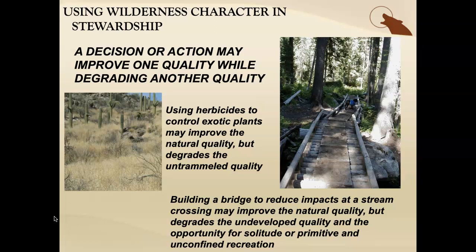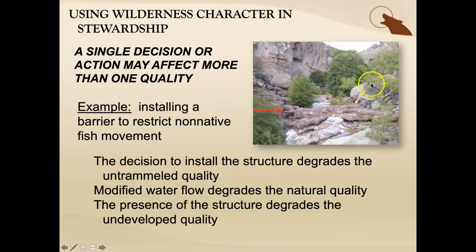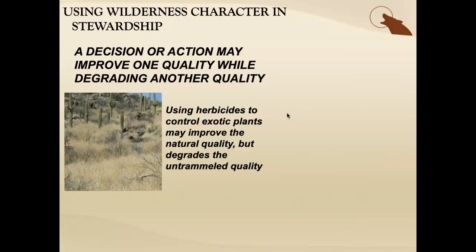As you can see, these are tangible examples. This example here of spraying for buffelgrass in Saguaro National Park, or building a bridge, or this example here of a structure in wilderness degrading multiple aspects of wilderness character. What I think is useful here is that as a manager, the wilderness character framework